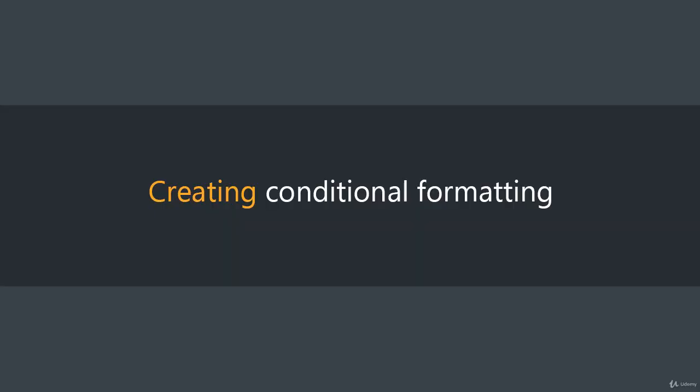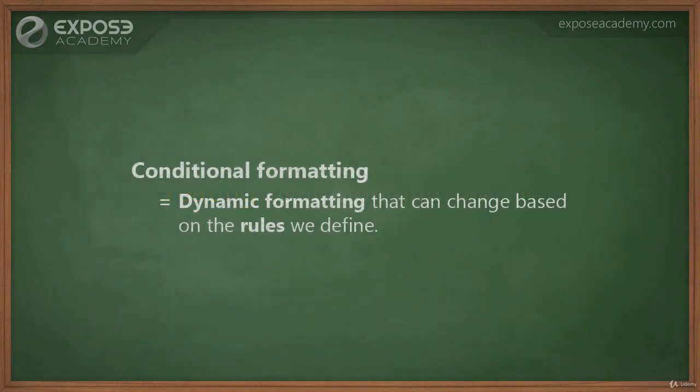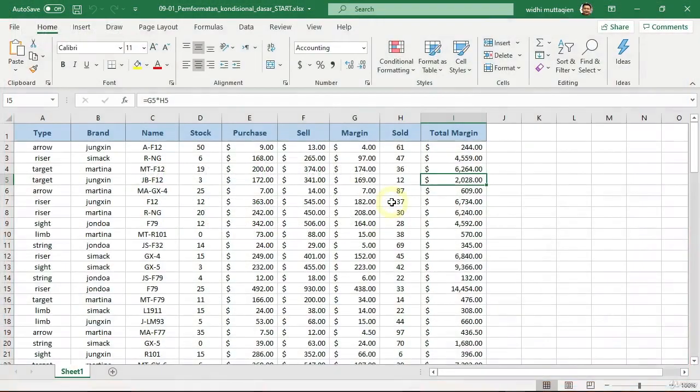What conditional formatting means is basically dynamic formatting that can change depending on the conditions we specify. Excel provides many types of conditional formatting. We will try to discuss all of them step by step, from the simplest to the most complex. For the first example, let's say we want to easily detect products that are priced over $200. Suppose we want to color all of them in green.